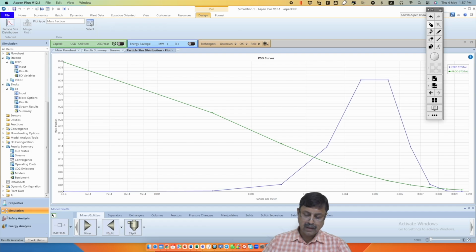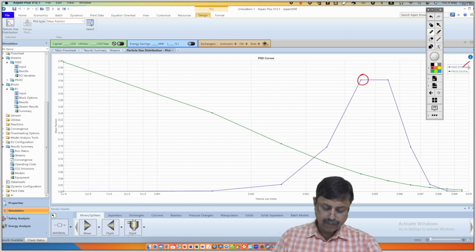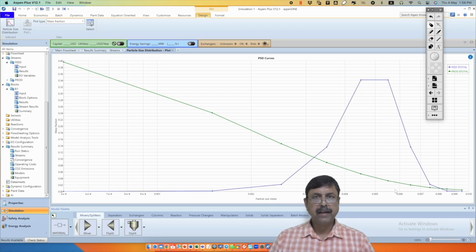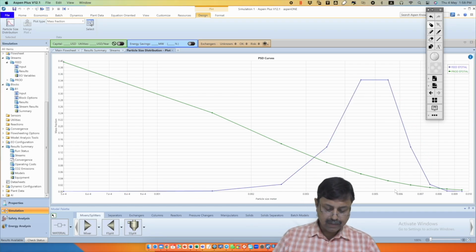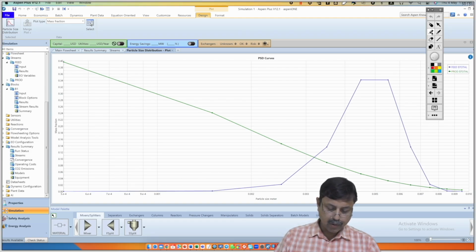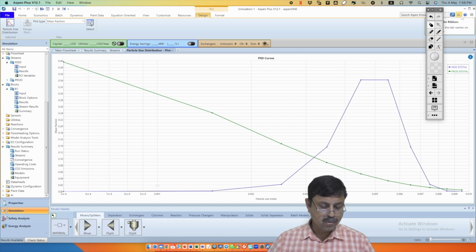Here you can see this is the feed. Okay, the blue line, it is feed. So the feed line is like this. Now here you can see the entire graph is in semi-logarithmic scale. Okay, this is 0.01. This is 0.001 and this is 0.01. So you may try to change it to